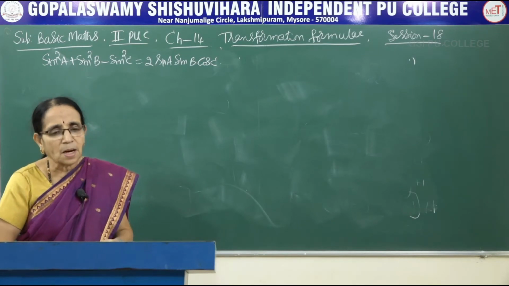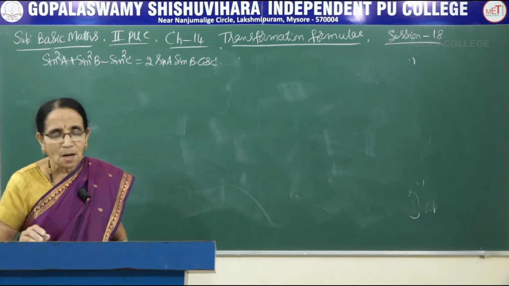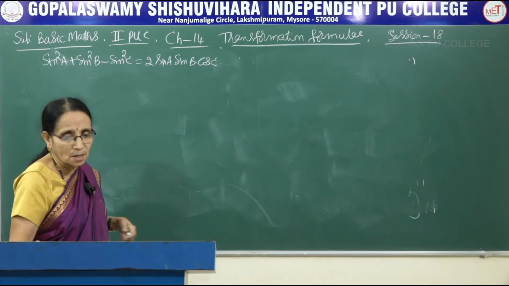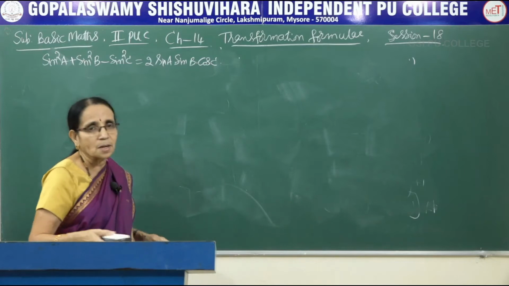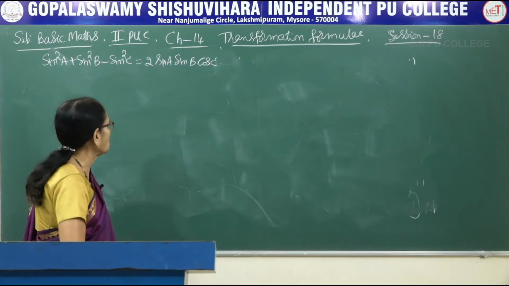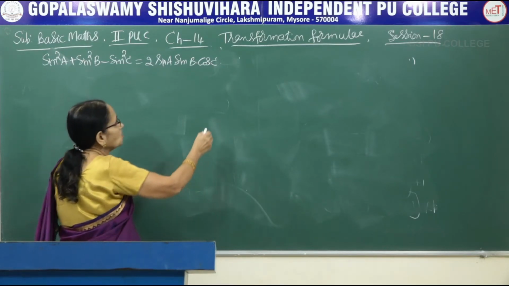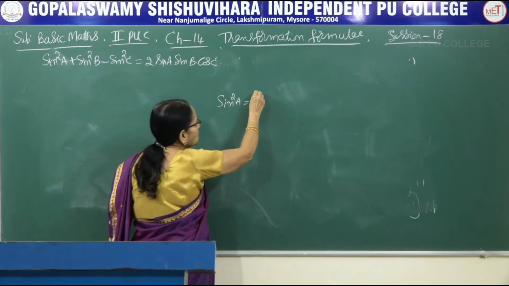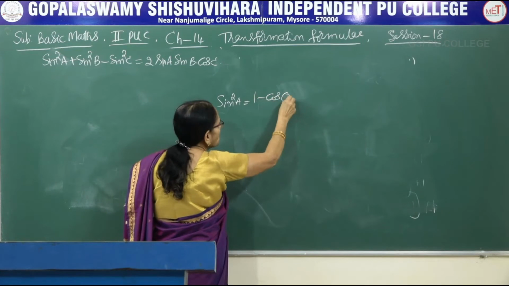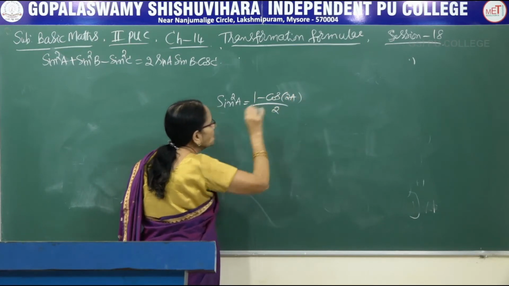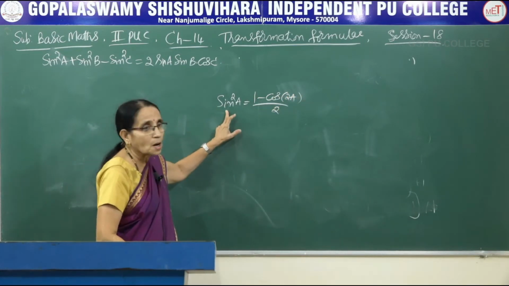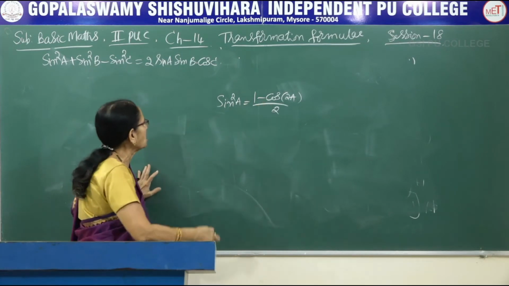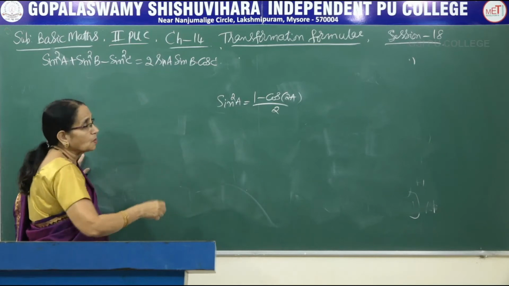Here what is the data? Data is the same thing, that is a plus b plus c equal to 180 degrees. That is the information. With that condition we are starting the problem. Here also this rule I am using. I mentioned in the previous problem, sin square a could be written as 1 minus cos 2a divided by 2. If this were to be cos square, I would have written it as 1 plus. Now it is 1 minus. So all the terms are sin square terms only.